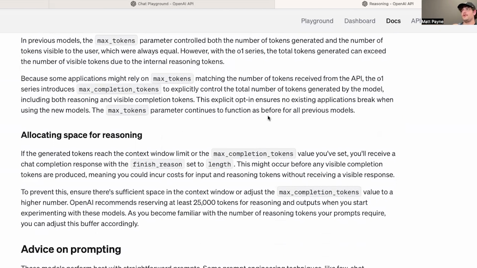Max tokens parameter functions the same as for the previous model. If generated tokens reach the context limit or the max token you set, you'll receive a chat completion response with finish reason set to length. This might occur before any visible completion tokens, meaning you could incur costs for input and reasoning. Yeah. So just to make sure, you're really going to want to feel confident in this use case from